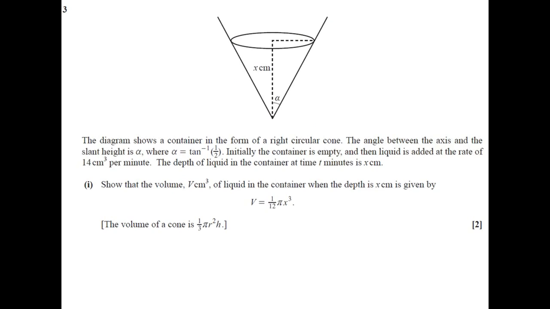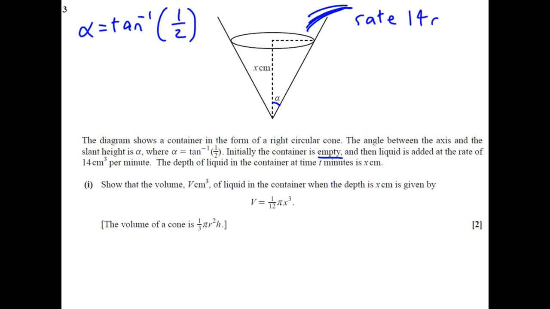Question 3. The diagram shows a container in the form of a right circular cone. Okay, right circular cone, so you've got the right angle here. The angle between the axis and the slant is alpha, as shown on the diagram, and alpha equals tan to minus 1 over half. It's a strange way to write things. Initially, this container is empty, and then liquid is added. Okay, so we're adding some kind of liquid to this at a rate of 14